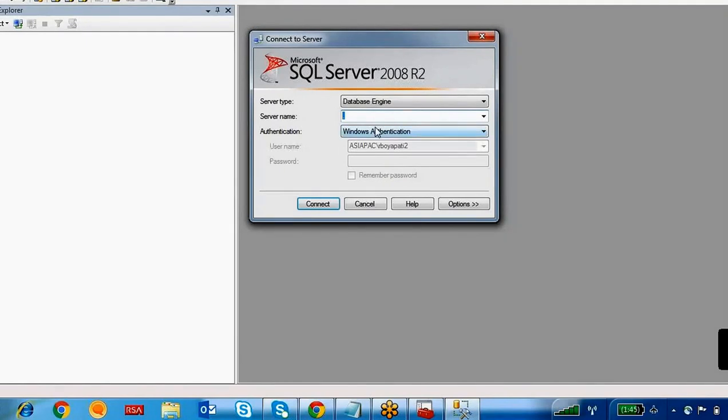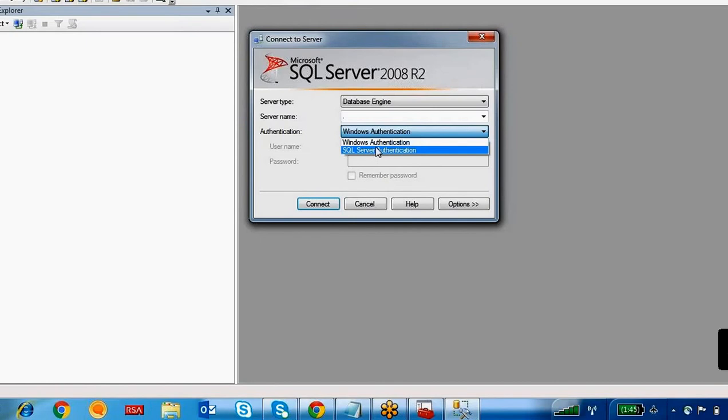There are two kinds of authentication modes. As I told you at the time of installation, you can take mixed mode. If you take mixed mode, it allows you to log into SQL Server in two different modes: Windows authentication and SQL Server authentication.